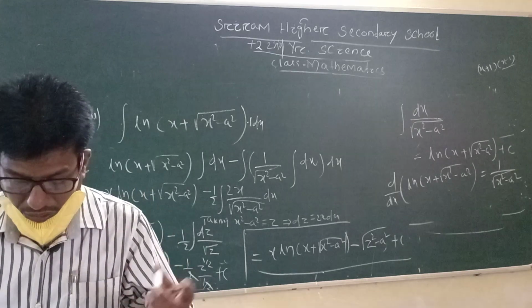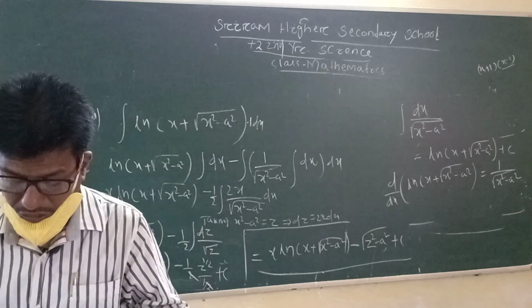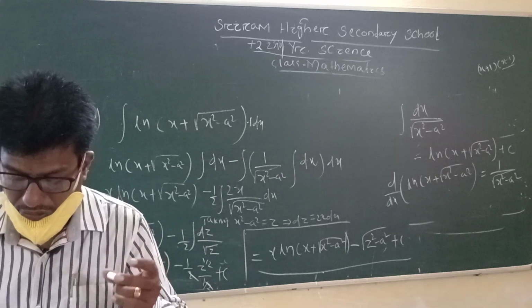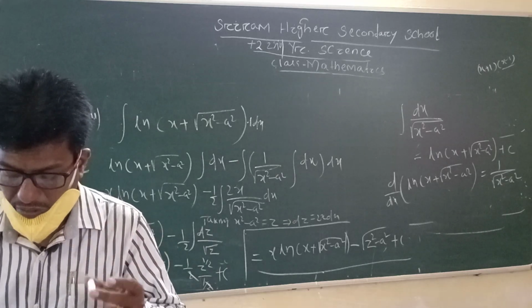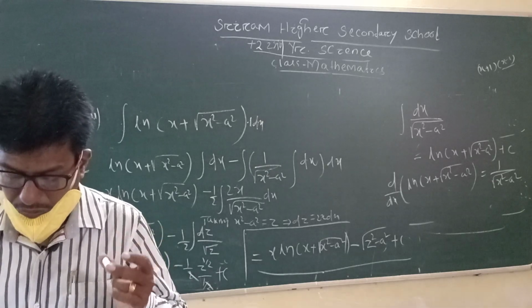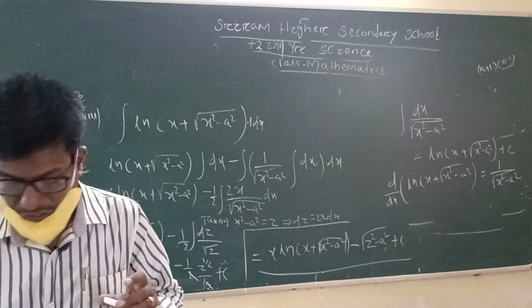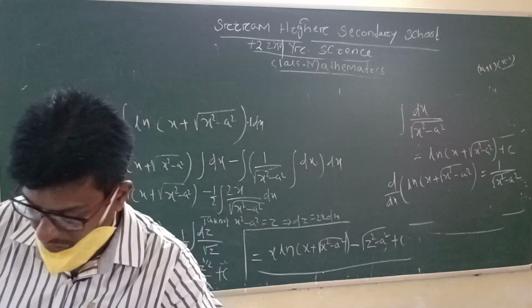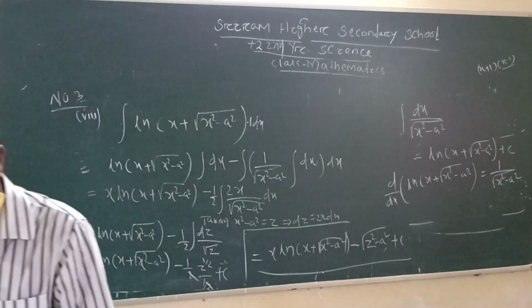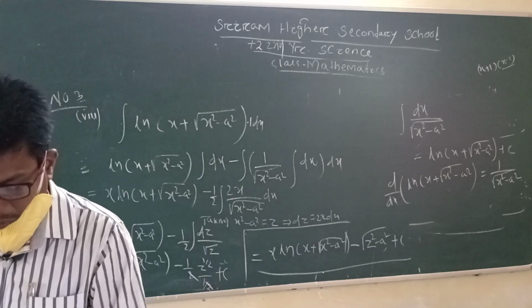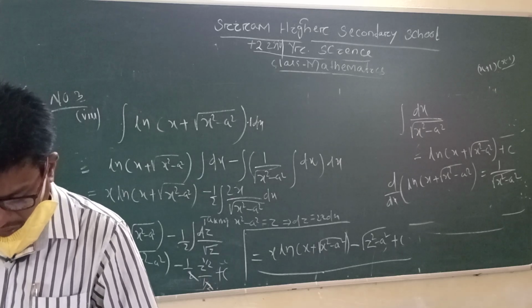Next, in the doubt clear class, you can ask these questions. If you have any query about this, you can ask me frankly, but one after one. That is the last for today, and in the next session I will evaluate the remaining values of number 4, 5, 6, 7, 8, 9 and 10.